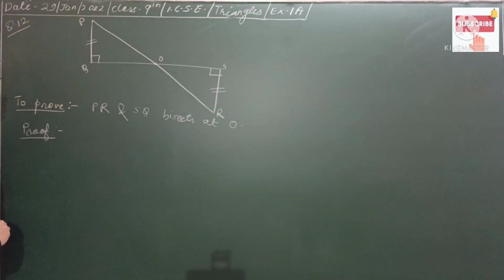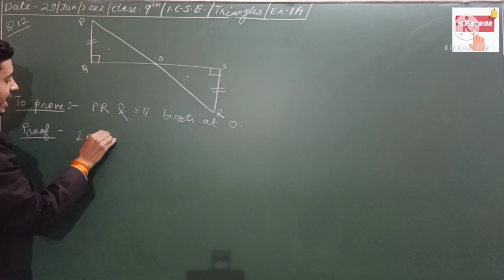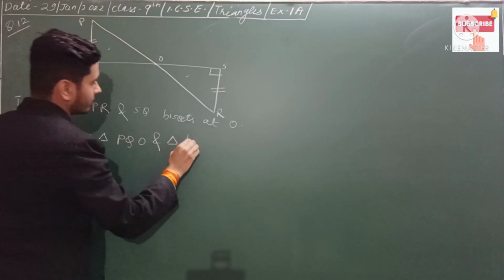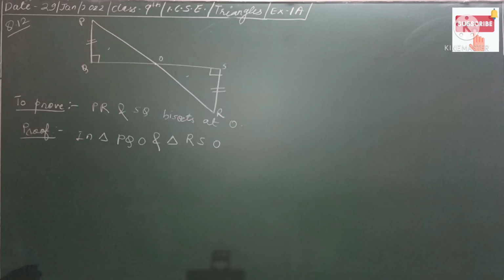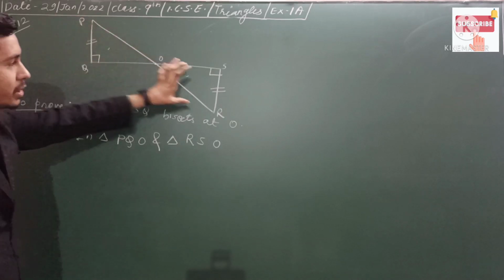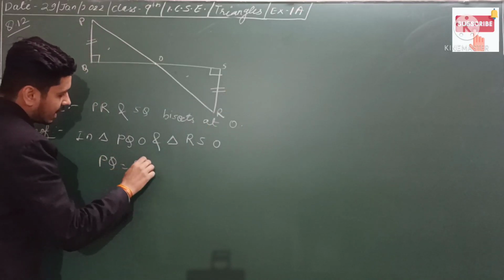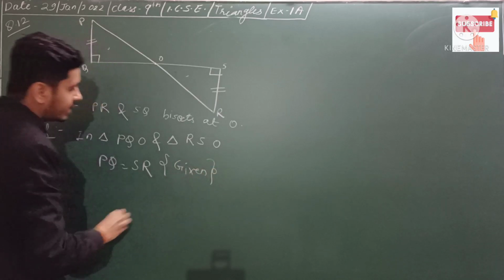Okay, how will we start the proof? So we'll be taking these two triangles, that is triangle PQO and triangle RSO. These two triangles we will be taking. Provided we are given one piece of information that PQ is equal to SR. Okay, so PQ is equal to SR. This is the given part. Then the next one is